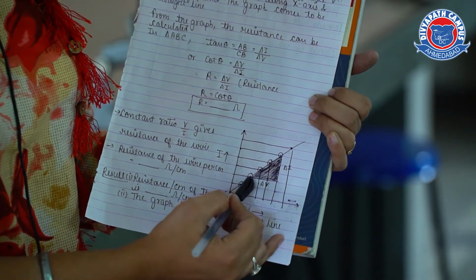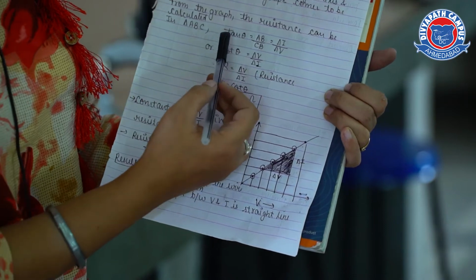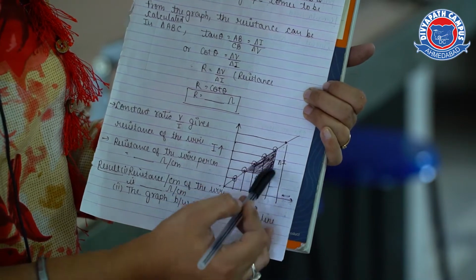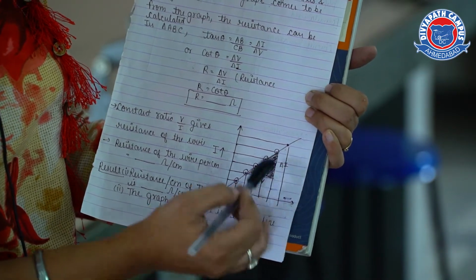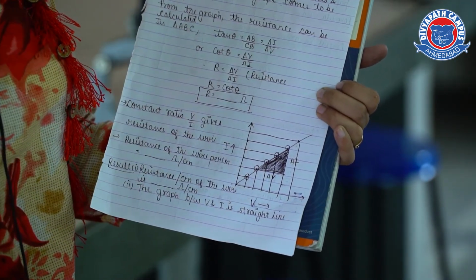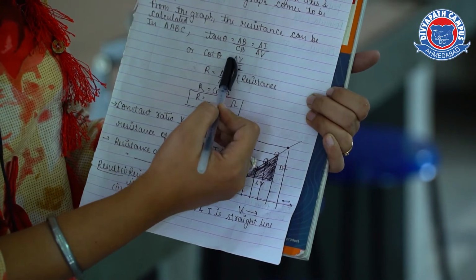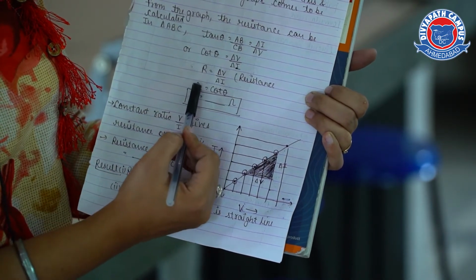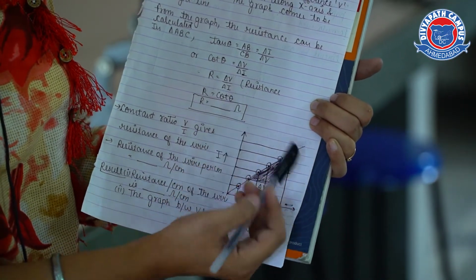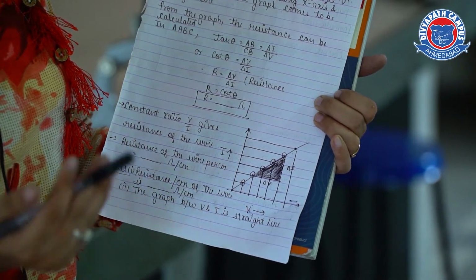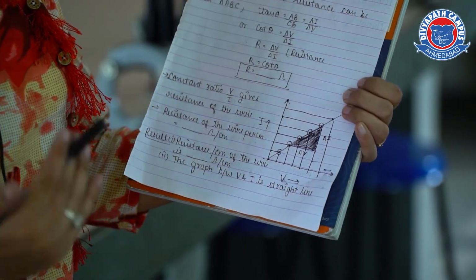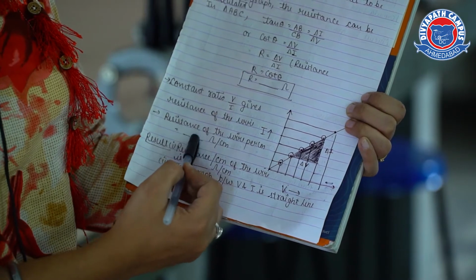Then you have to find the slope of this line. If I consider this graph, this is my I and this is delta V and this is delta I. So tan theta is delta I by delta V, and cot theta, that is the reciprocal of tan theta, is delta V by delta I. So this is basically my resistance. I can write R equals cot theta, and the resistance is equal to so many ohm. That means you have to find the value of resistance from the graph. You will get a constant value of V by I from the graph, so you have to write this value over here.